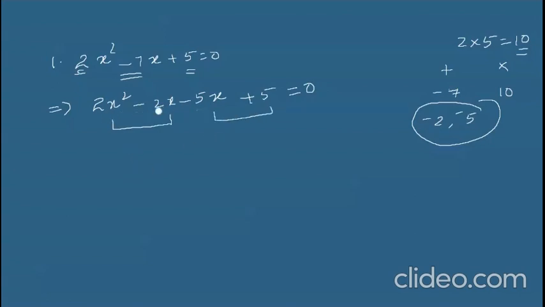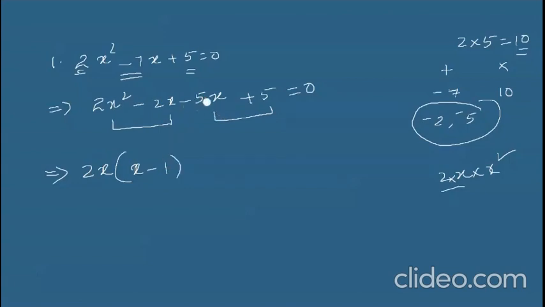So 2x square minus 2x. What is common here? 2x is common. So let's take 2x outside. 2x square means it is 2 into x into x, so out of this we have taken 2x out. What is remaining? Only x. Then minus sign. Then the entire 2x has been taken outside, so what is remaining here? Just 1. Taking outside is actually division, isn't it? So from 2x, we have taken 2x outside. So 2x by 2x is equal to 1. Simple.